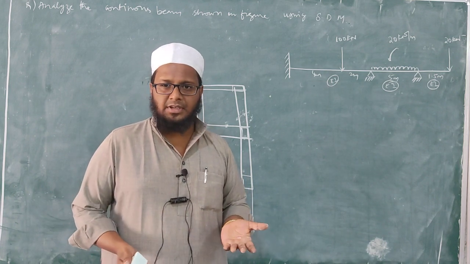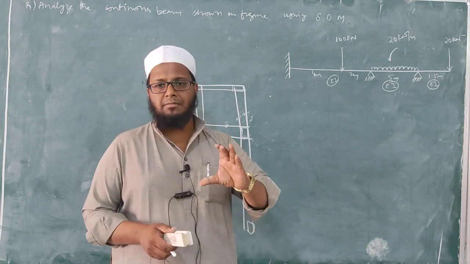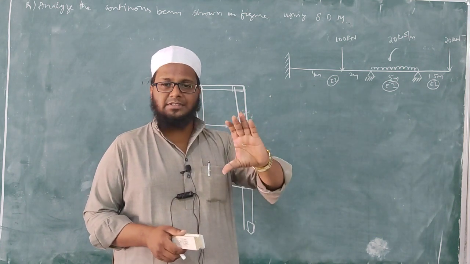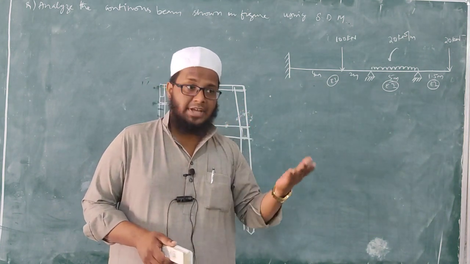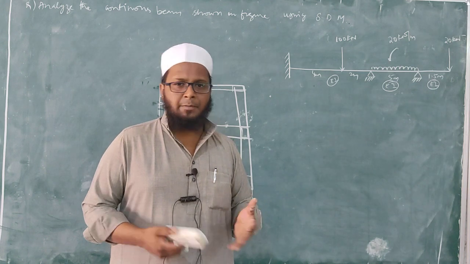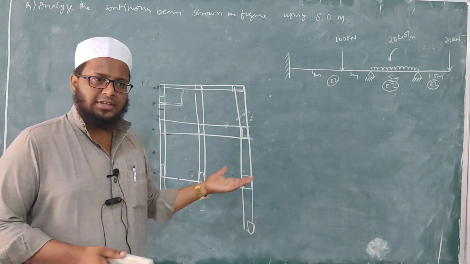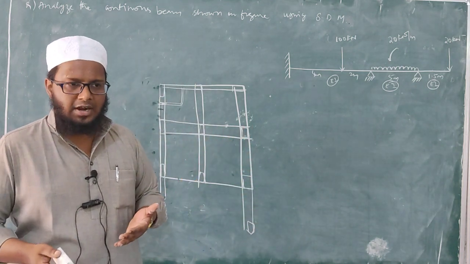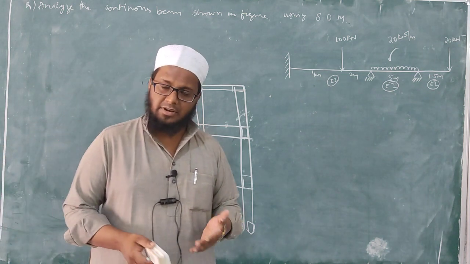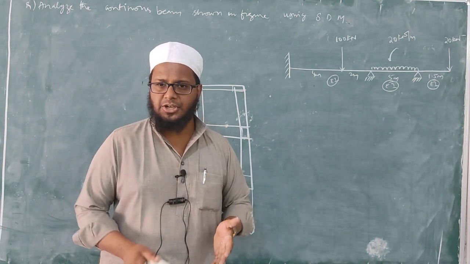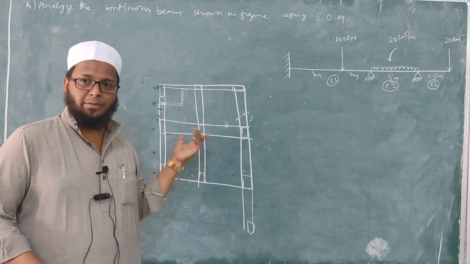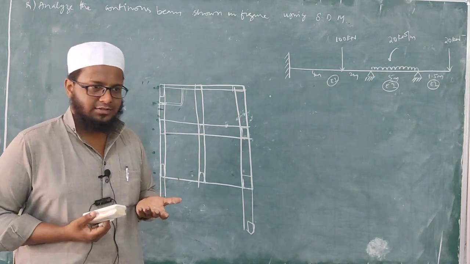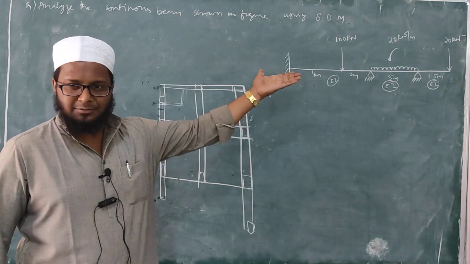In commercial buildings, the slab itself will act as a beam, as the depth of the slab is beyond 8 inches, that is almost 9 inches. Okay, it depends. In our general construction, that is general RCC structures, residential buildings, and even general commercial buildings, we need to provide these types of beams to bear the load of the walls. Understood?